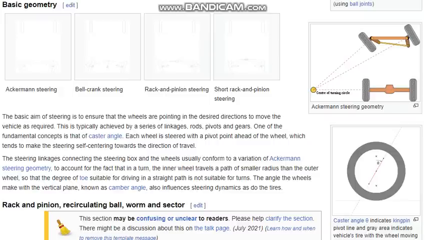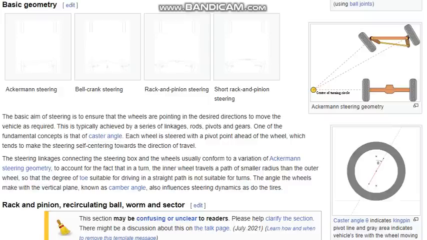the direction of travel. The steering linkage connecting the steering box and the wheel usually conforms to a variation of Ackermann steering geometry to account for the fact that in a turn the inner wheel travels a path of smaller radius than the outer wheel, so that the degree of toe suitable for driving in a straight path is not suitable